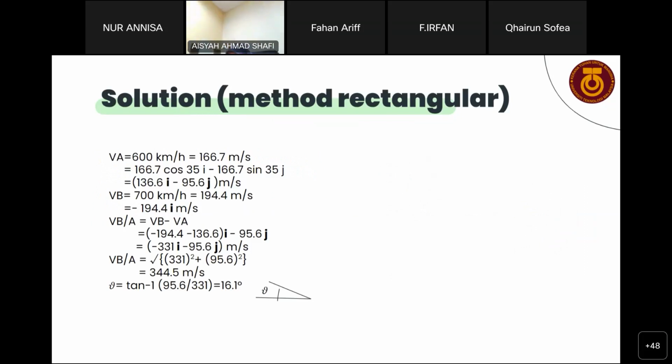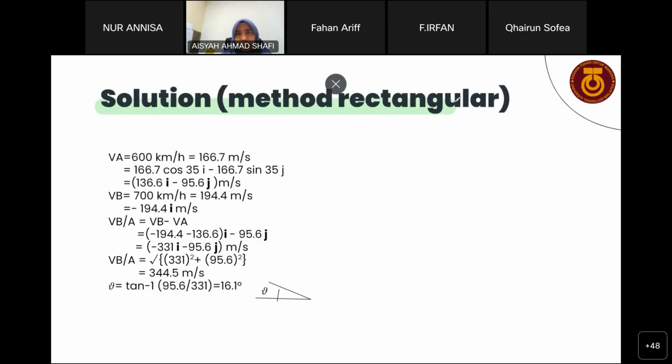I got the answer in meter per second. So for the kilometer per hour here, how to change to meter per second is: